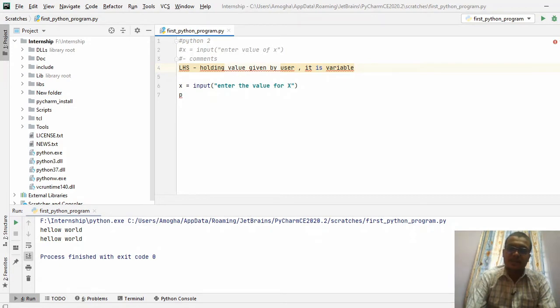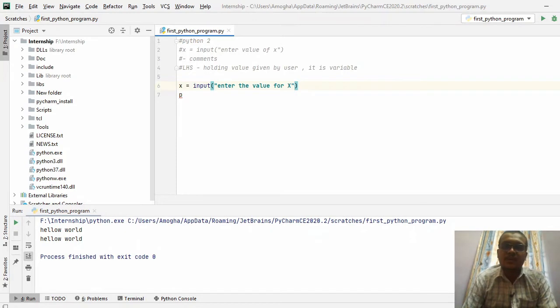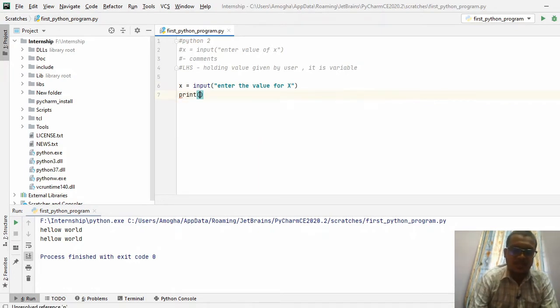Whatever you give from a keyboard is going to be stored there. The execution is going to be stopped till you give an input from a keyboard. The next instruction is not going to be executed till you give an input for the value of x.